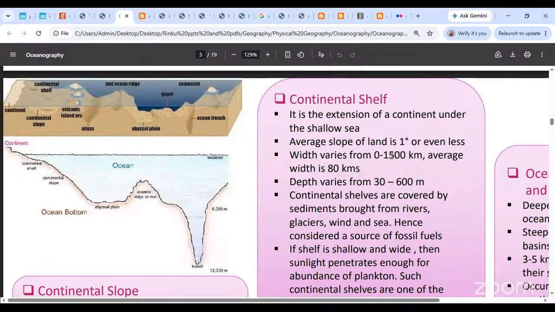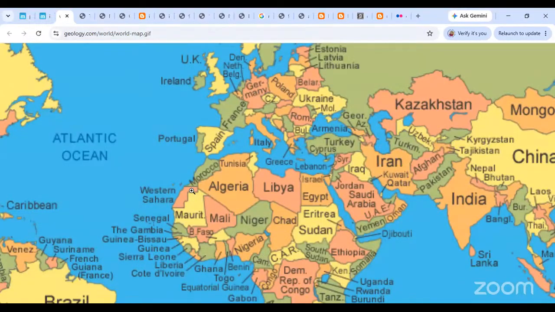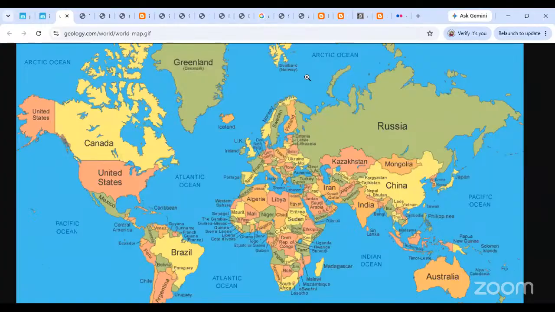The average slope of the land is 1% or even less. Now, ये जो continental shelf का width होता है, that keeps varying from 0 kilometers to 1500 kilometers. So 1500 kilometers is the Arctic part. यहाँ पर ये वाला जो पोर्शन है ना, यहाँ पर कॉन्टिनेंटल शेल्फ बहुत वाइड है. ओके, दिस आर्कटिक ओशन में जो रशिया के ऊपर वाला जो कॉन्टिनेंटल शेल्फ है, दैट इज सपोज टू बी वेरी